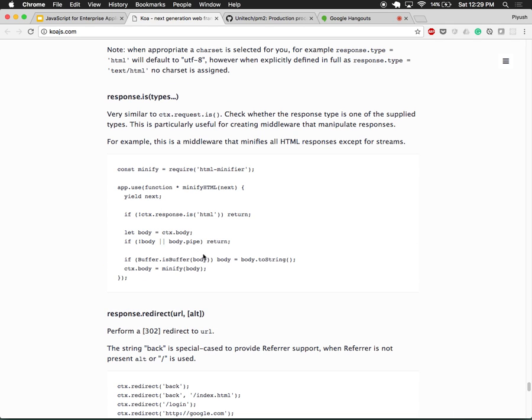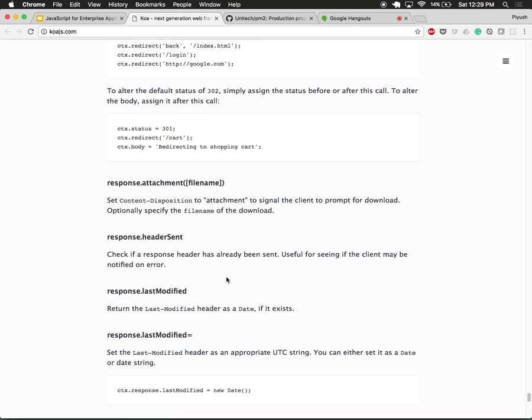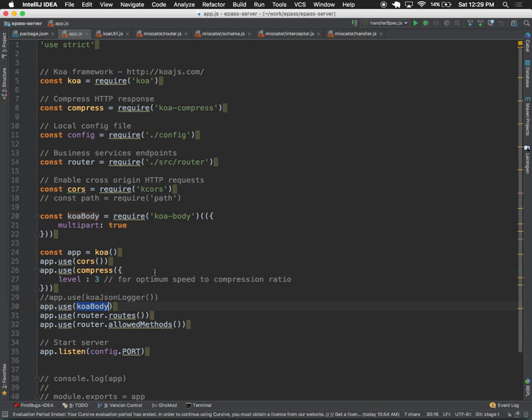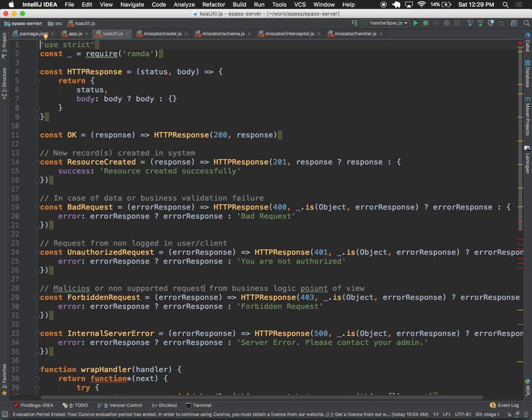Anyway, I had to build a wrapper over it to make it more functional.